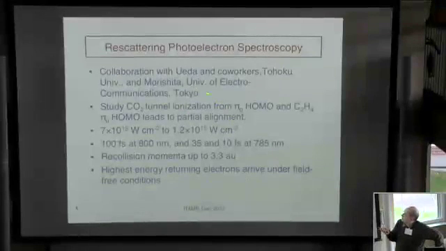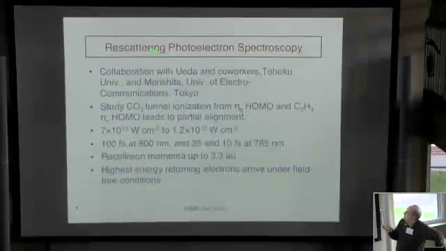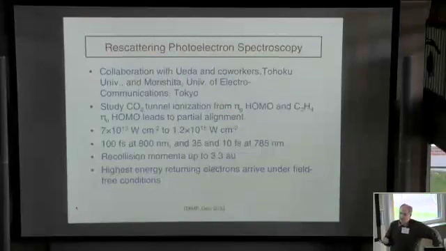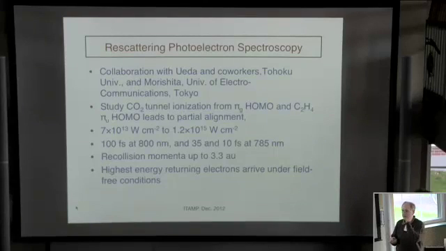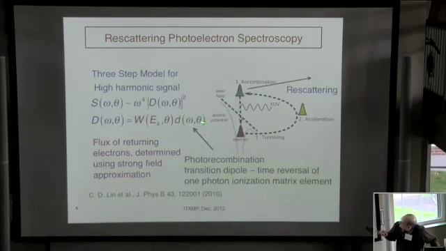Okay, this is the work I've been doing in collaboration with Kiyoshi Ueda, and they refer to it as rescattering photoelectron spectroscopy. I guess you've got to have a catchy name for every effect. Anyway, so let's look at these rescattering electrons from ions, where the electrons are being produced from a high field. And in their experiments, they didn't actually pre-align the molecule. You can imagine doing impulsive alignment of the molecule and then doing the high harmonic generation, the ionization and rescattering. But what they use is the fact that